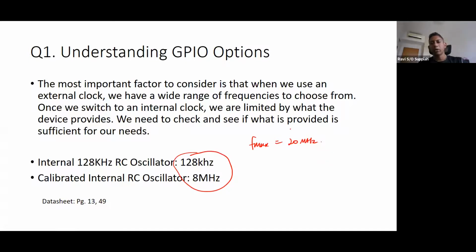Okay, if you clock it at 25, or sometimes even 30, you might see that it is still working fine. All right, do not assume this to be the norm or to be fine. It could be just a one-off thing, because the manufacturer guarantees reliability up to only a particular range of operation. So you should always stick with that.